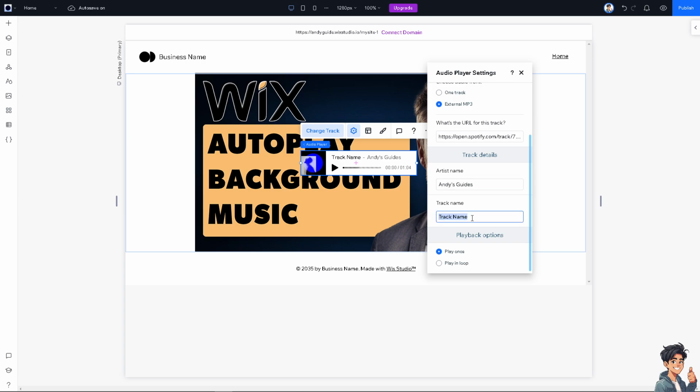Track name is like maybe... and you also have the option at the bottom where it says playback options, which is going to be play and loop. All right, but of course, if you're putting in some music here, you want to make sure